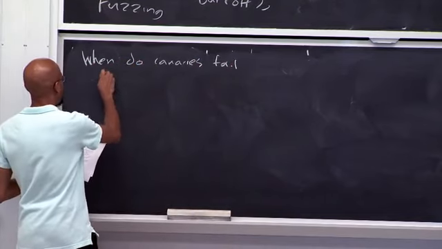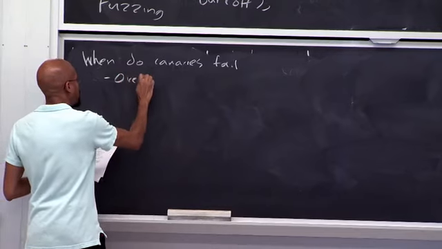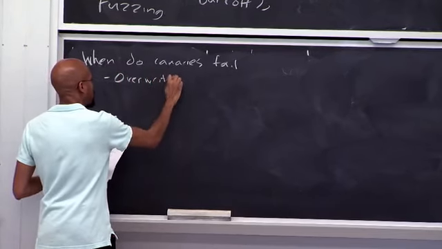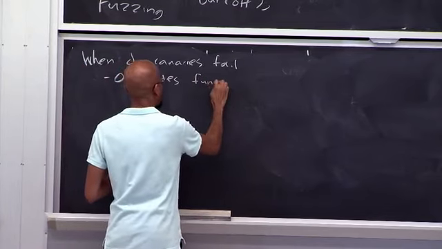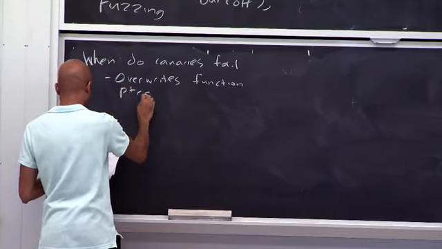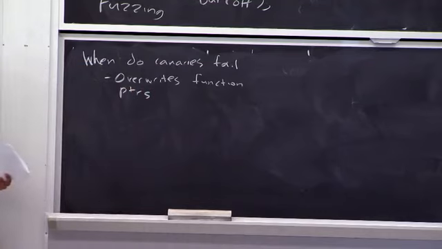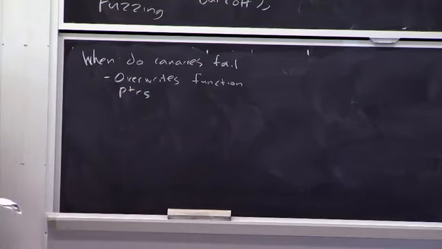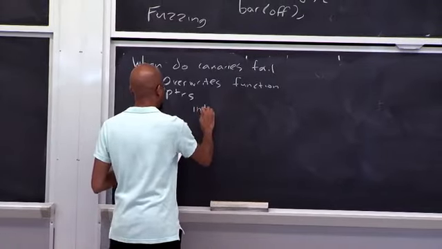One way that they can fail is if the attacker overwrites things like function pointers. Because if function pointers get hit, there's nothing that the canary can do to prevent that type of exploit from taking place. So for example, let's say you had code that